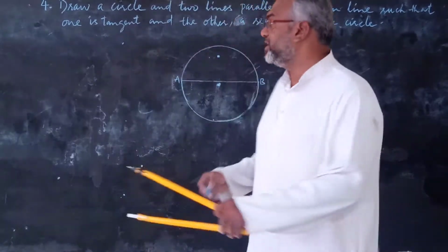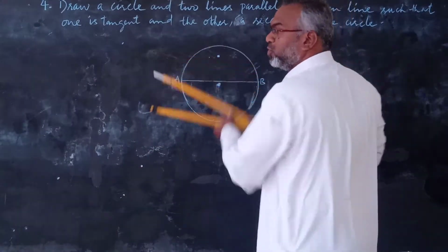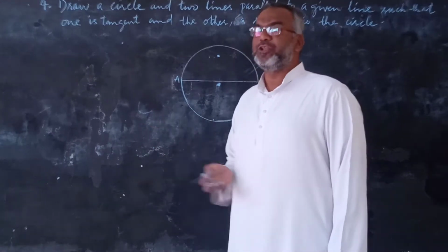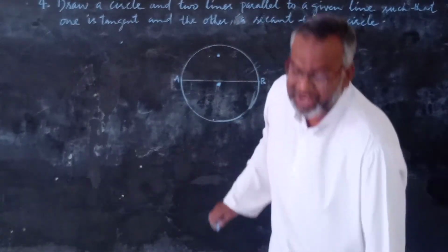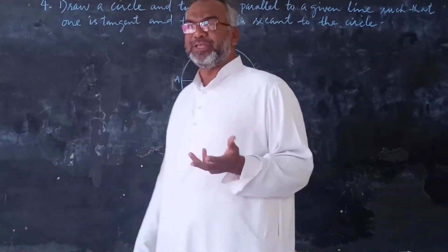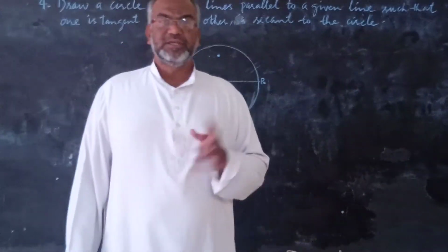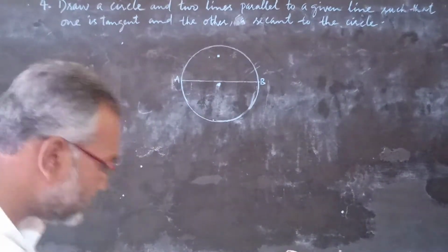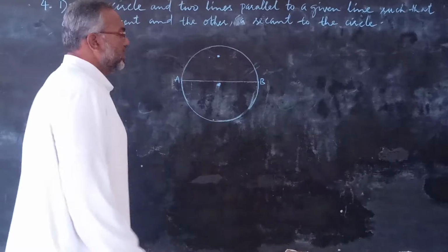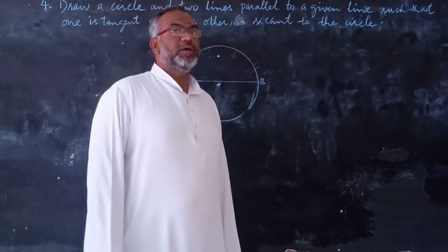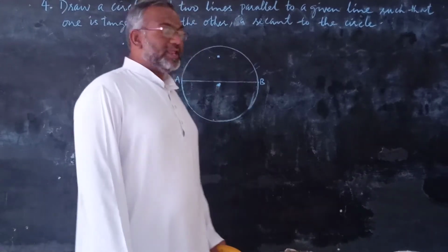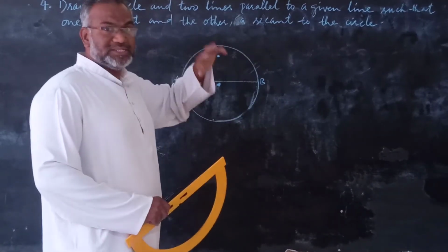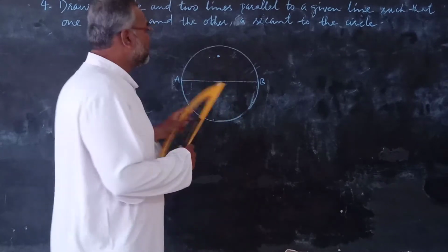We cannot just directly put the scale and the ruler and draw a line that may or may not be parallel to the given line. But if we follow the proper method of drawing parallel lines, we can do that, right? And we all know that the method to draw a line parallel to a given line is: take the point, suppose that the parallel line, the secant, is passing through this point,